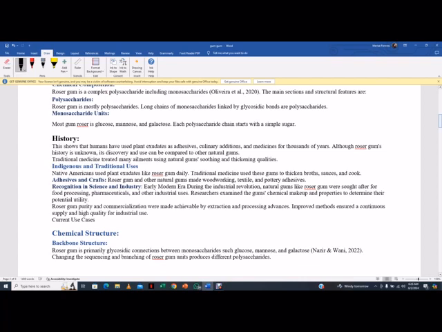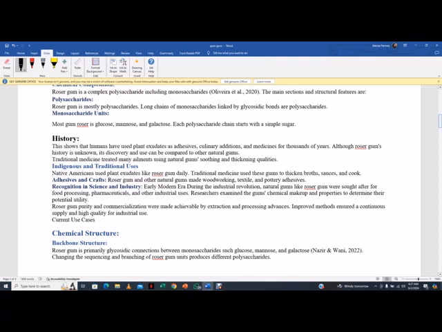Historically, natural gums were used for their soothing and thickening properties in traditional medicine. In traditional uses, Americans used plant exudates like gum rosin in their daily life. These gums were used to thicken broth and sauces, and also played an important role in adhesives for woodworking, textiles, and